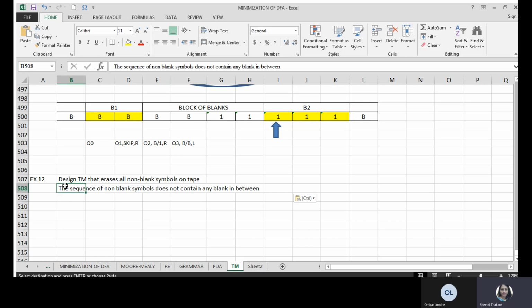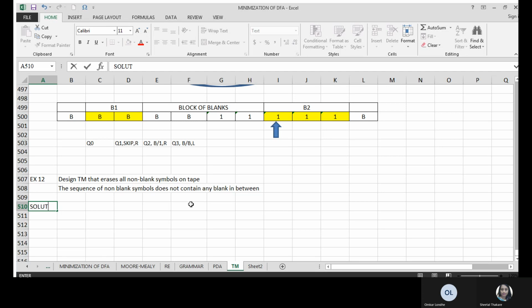So this might be specified or might not be, but this will always be your note while writing the solution. If it is specified in the sum, well and good. Otherwise, you should start your solution by this note that the sequence of non-blank symbols does not contain any blank in between. I will give you the visual representation and try to build the solution for this, design the TM for this,